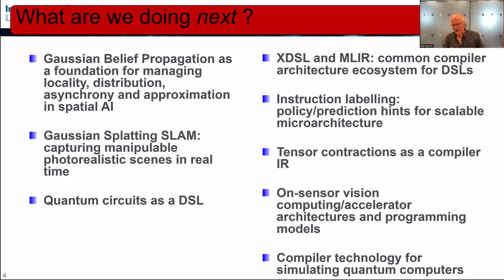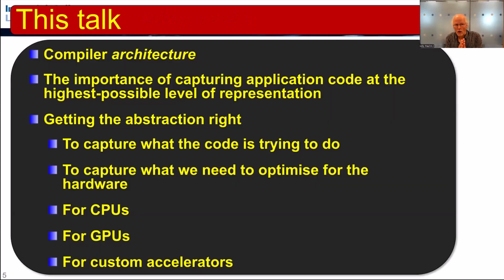We do a bunch of other things, and I won't spend too long talking about that, other than to acknowledge that I have a career problem with getting involved in too many different kinds of things. And as a junior academic, this was actually a problem. I got told at review meetings that I should focus. As a full professor, it's a privilege of being an academic, and I've decided to just run with it. So this talk is, I'm trying to focus on compiler architecture, and I'm not really going to talk much about compiler architecture, other than to highlight its potential and its power and its importance.